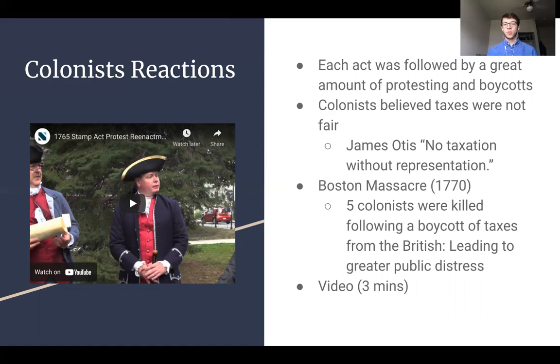All right, so the Boston Massacre of 1770, 5 colonists were killed following a boycott of taxes from the British, leading to greater public distress. So 5 colonists were killed. They were unarmed, protesting one of these acts that taxed them more and made life generally much harder on them. So when the crowd got maybe too out of control, the Boston government shot them, and then this led to